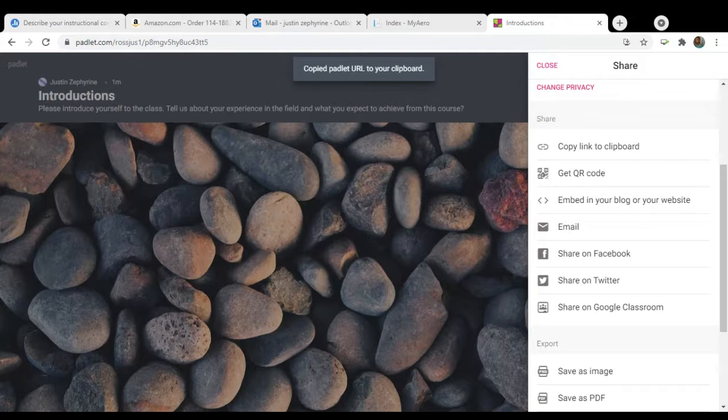Shellyann did it already, good. And I'm posting mine here. Right, good, excellent. Strategic decision making, good. So this is Shellyann's Padlet. All I have to do is click on Shellyann's Padlet, and you're going to see my name automatically, Shellyann, and you're going to see my post. You could probably see it in real time as I'm typing. So let's say strategic decision making.